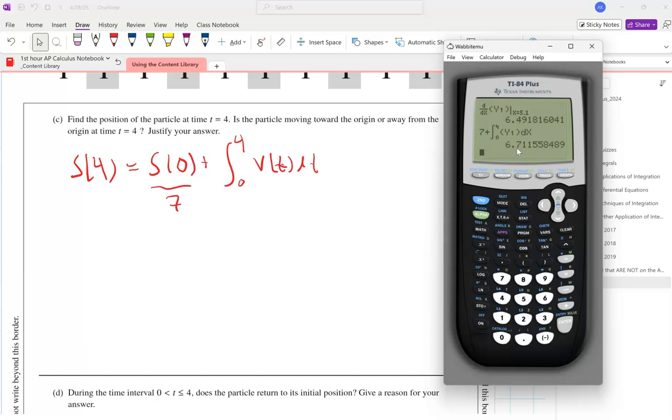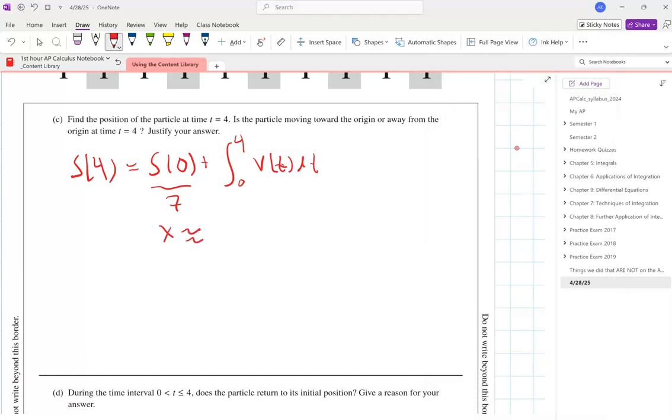So I have 6.712 or thereabout. And I wrote it as x because in the problem they give the positions as x equals, right? Because it's moving along the x-axis. So if I think about it, at time t equals 0, we're at 7. At time t equals 4, we're now backwards,